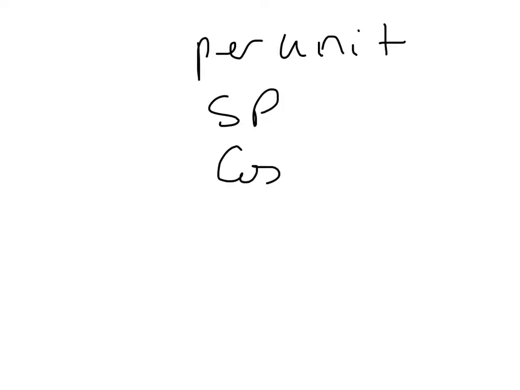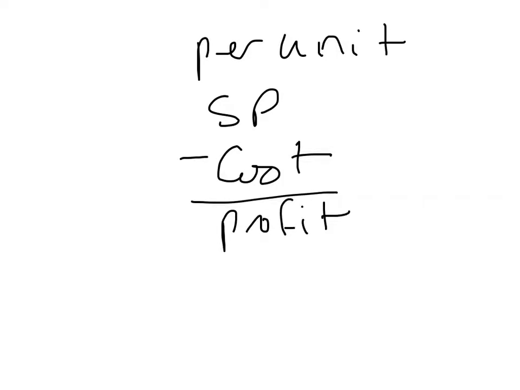So the best way is to look at things on a per unit basis. So what we're talking about is the cost of a good or a service, and so what we've got here is the selling price. What we've got here is the cost of production, and we take that away from price and we're left with the profit per unit. Now look, if we assume that the production costs are fixed for a period of time, and they will be because of supply contracts,